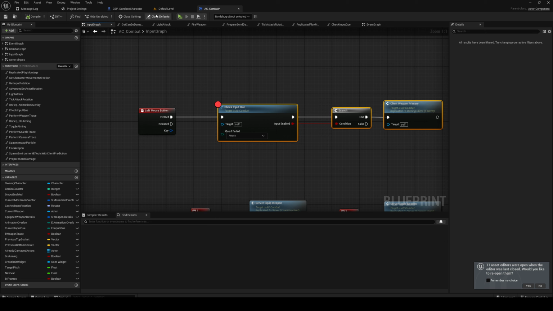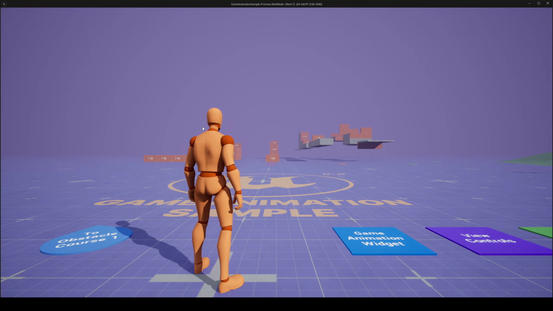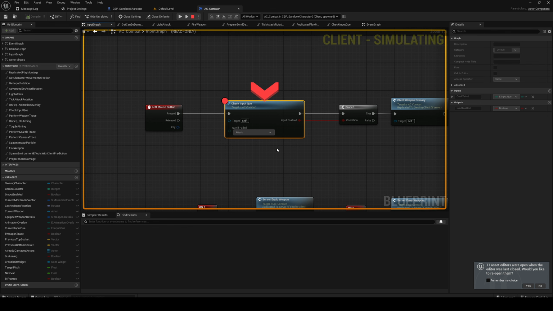So if I now test play with the breakpoint, as soon as I press the attack button, you see the game stopped simulating, and we know that the code reached this point. From here we can also read values. You see left mouse button, I can now read that it was actually false